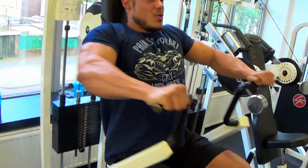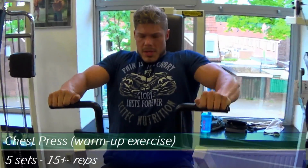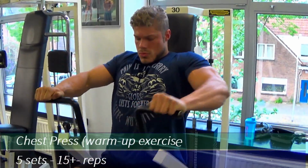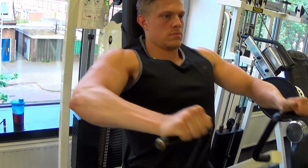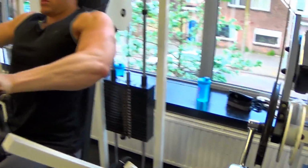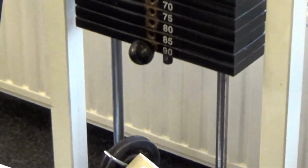As you can see, with a smile on my face, we're starting the chest workout with the chest press. The thing about a chest press is that it usually goes up to 100 kilos, but it stays relatively light. So what I'm using it for now is just to warm up the pectoral muscles, to get blood rushing into those muscles, because it will benefit the next exercise. Having a small pump right now, or just a good pump right now, would be good for the next exercise,